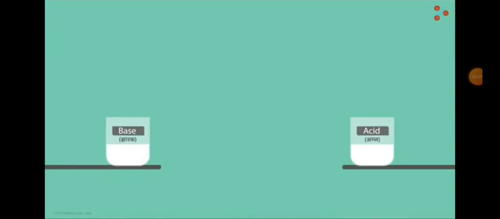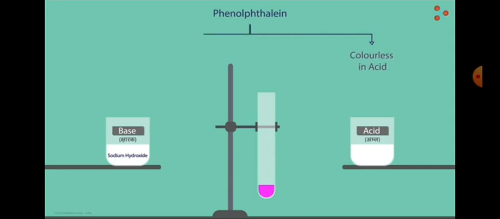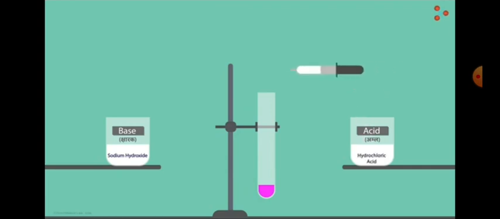Yes, let us study how acids and bases react with each other. For this you have taken two containers, one with a base, that is sodium hydroxide, and one with an acid, that is hydrochloric acid. So take one test tube, add the base and add the phenolphthalein indicator, right? If you add the phenolphthalein indicator, in the acid it is colorless. If it reacts with the bases, it will give you the pink color. Yes, you can see, students, in the test tube the pink color appears because you have taken the base in the test tube and added the phenolphthalein.